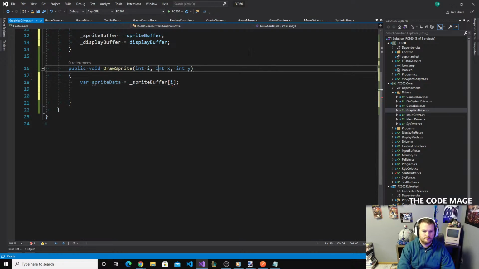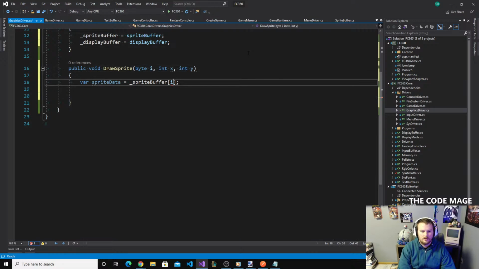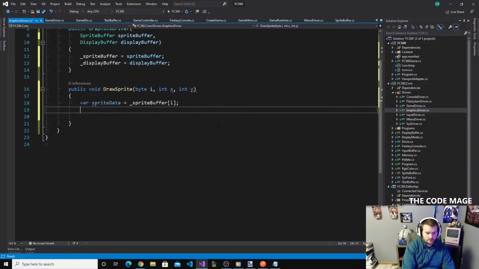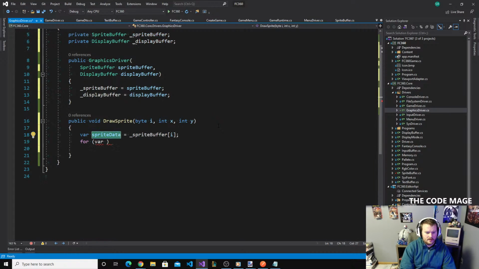Oh. So we get the sprite buffer, sprite data, and this is going to be